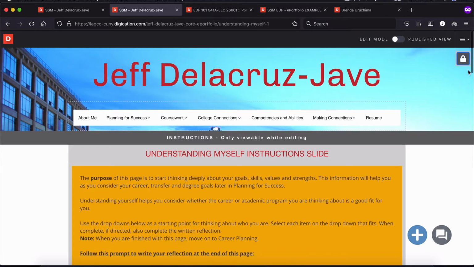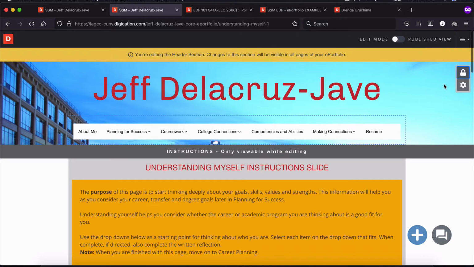Let me repeat it one more time. You're gonna see this lock icon. Just make sure you click it, and now it's gonna be unlocked. Then you're gonna hover this section over here, this white part. Then you're gonna click the pen icon,